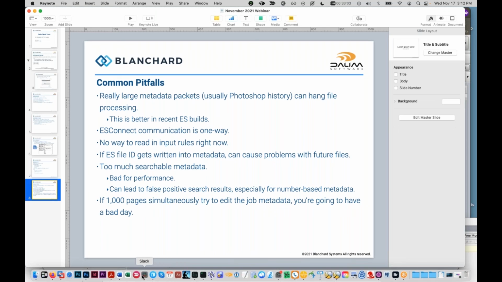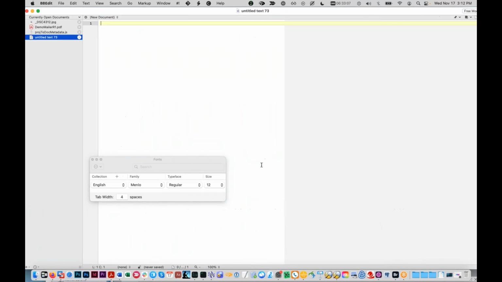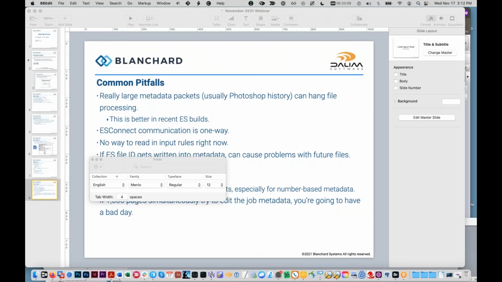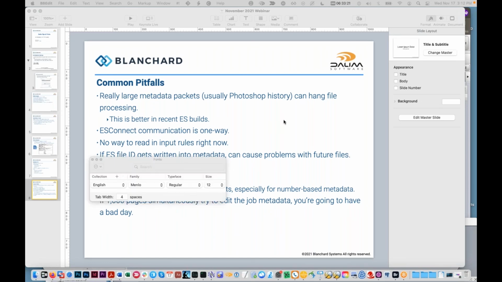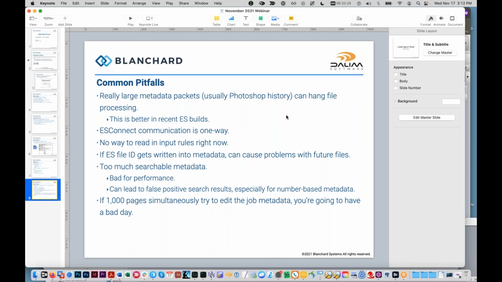I can't show the file because it's a customer file, but I can load the text of that metadata set because we just got a ticket about one of these last week. We got 3 tickets from separate customers on this. I think I actually deleted the file already. It's a shame. But if you try and load these files in, for example,